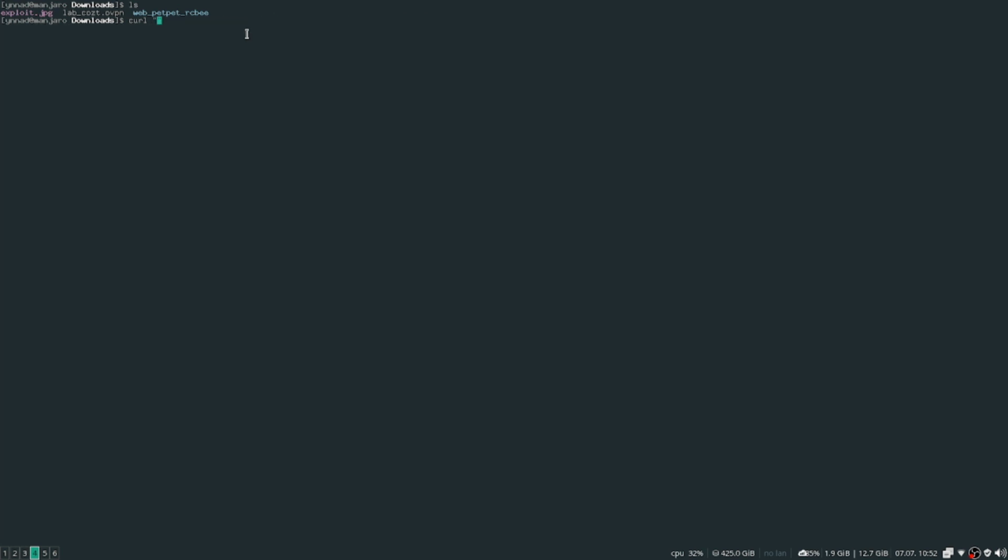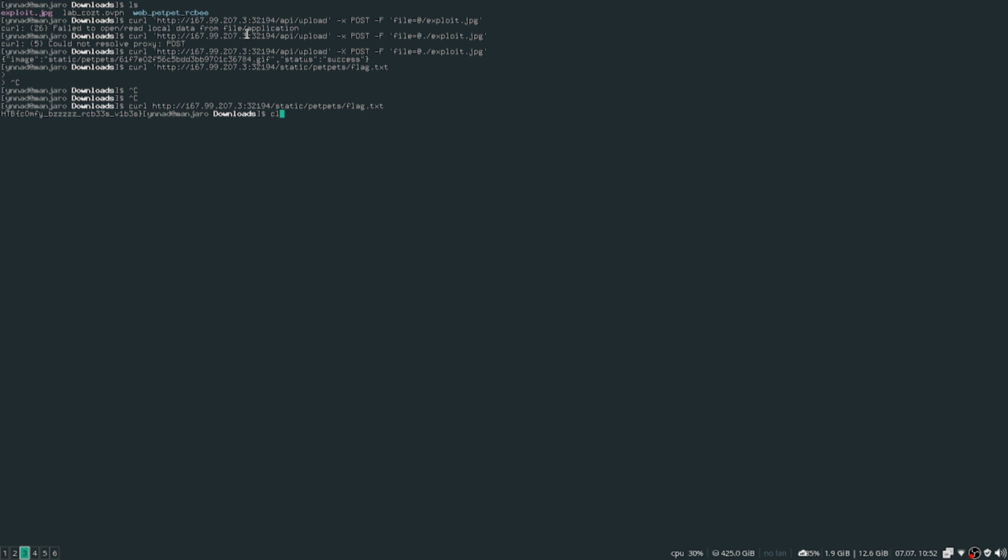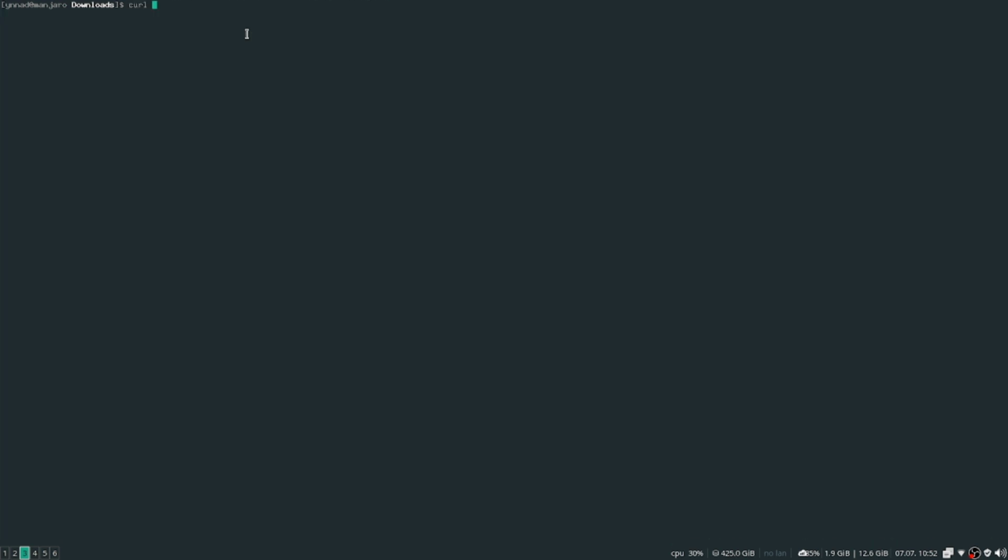I already did it beforehand, so if you look right here, let's clear this. I did a curl to the API endpoint, api/upload, and then a POST request with the file, exploit.jpg, which was the file. And where I got the API, if you look at the code,